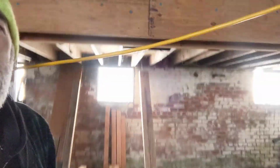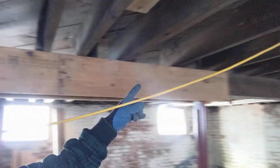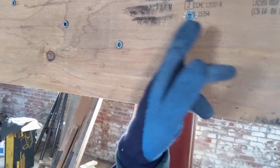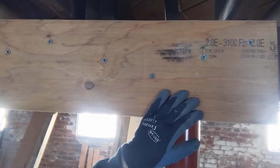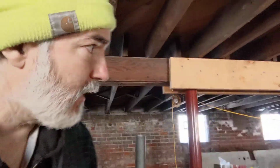I also did this. See this piece of wood here, from here to here, is LVL, 9 inches thick, sandwiching this beam, and then fixed with these beautiful lag screws which go all the way through into the old beam. I've got them every 4 to 6 inches all the way along. And because what was happening was upstairs, and we'll have a look at that in a sec,